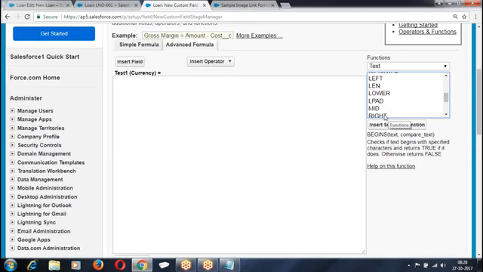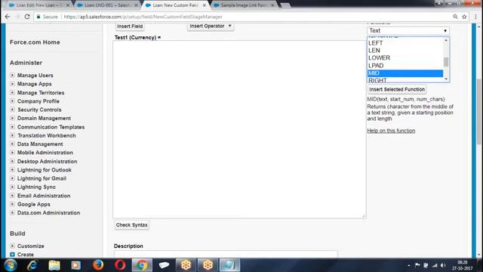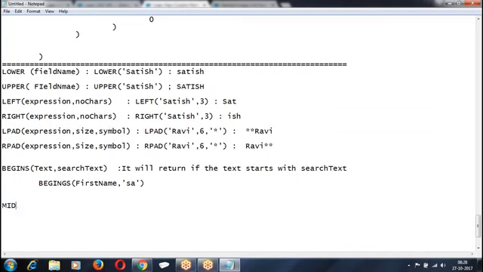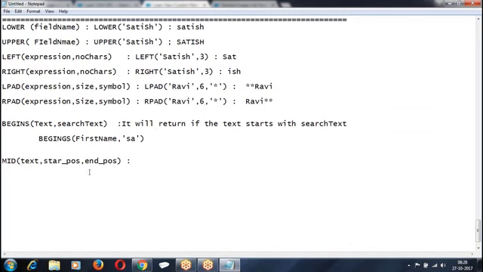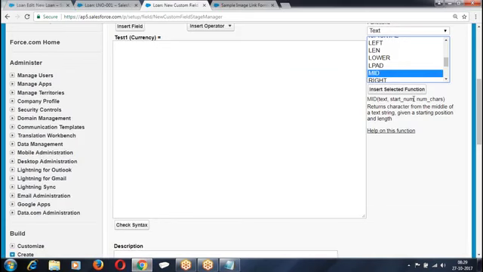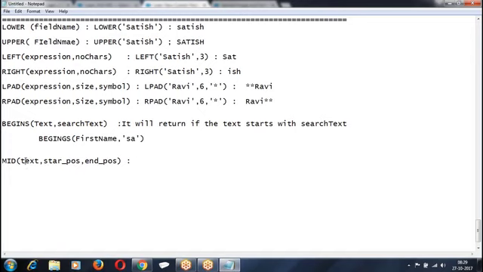Then again, mid, the text or position. Now basically mid, in this text from this number, how many characters you want from this position? You can give 6.